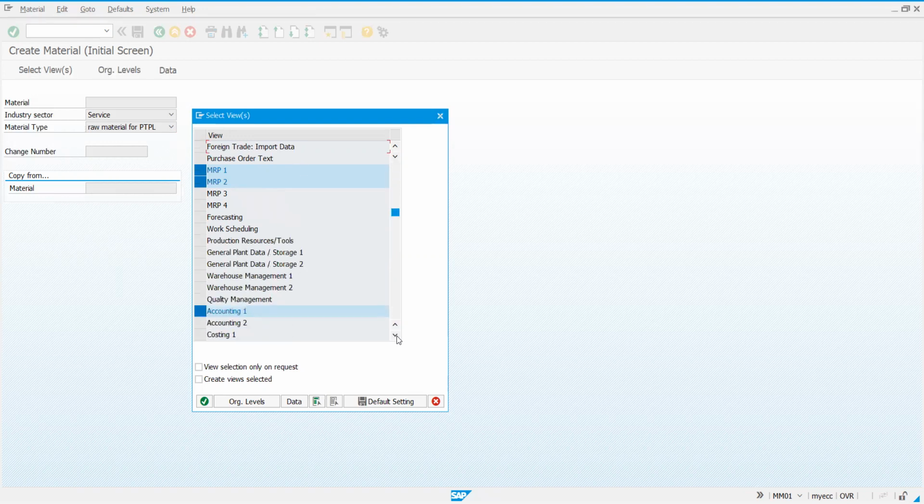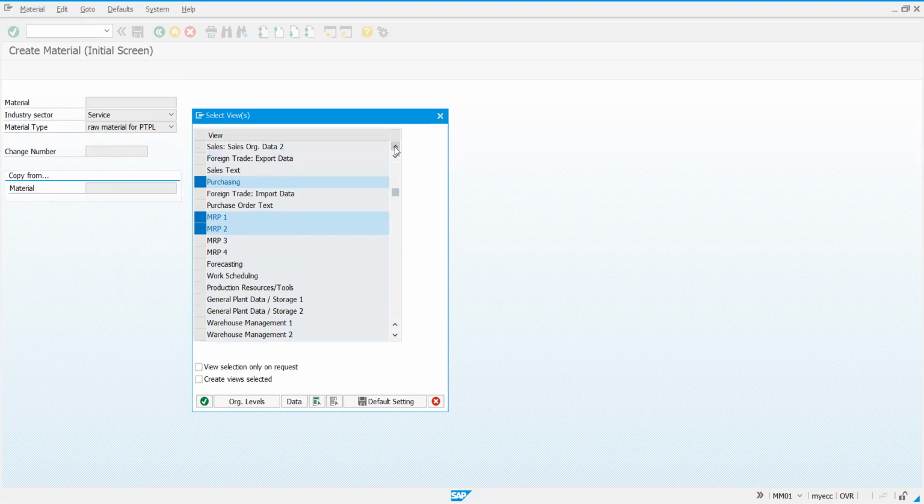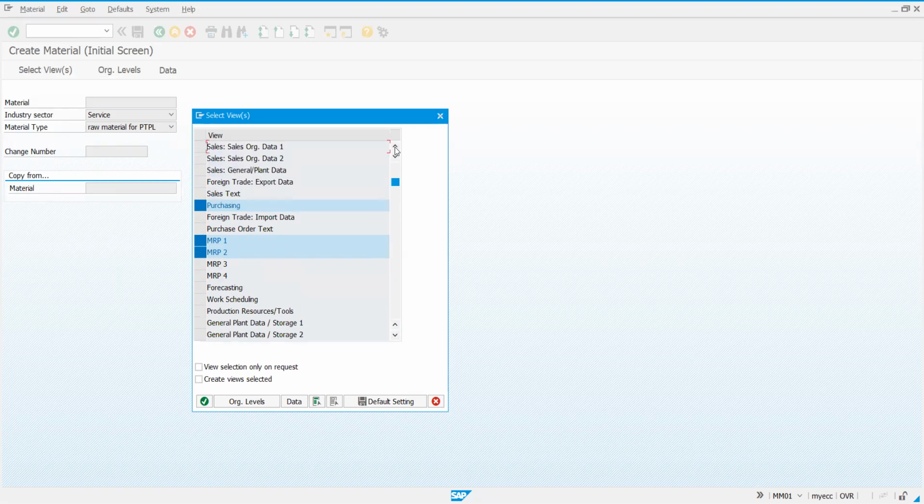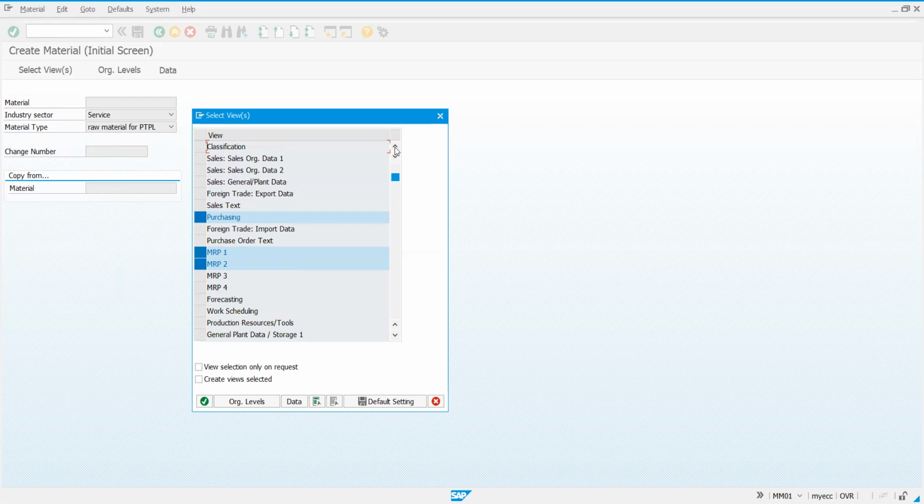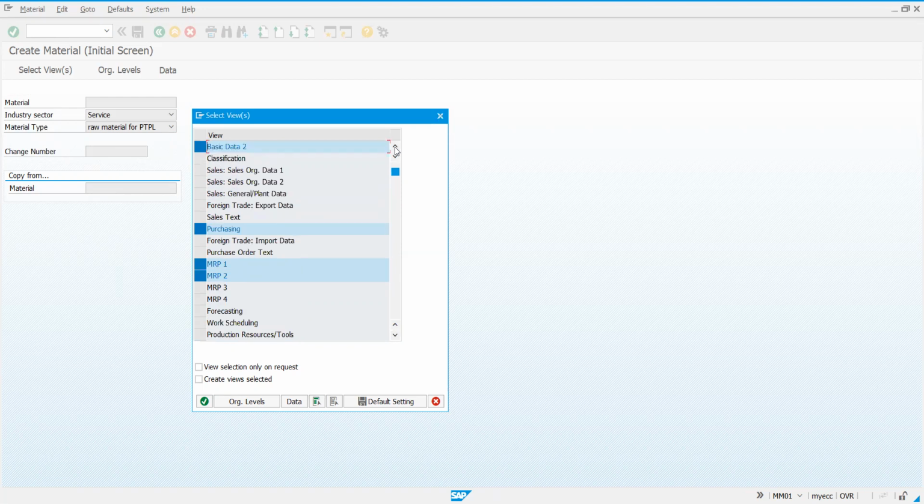WM to take care of this warehouse management 1 and 2, what you are observing there. Work scheduling, forecasting, production, MRP views is by PP, production planning. They will have to work on that. As of now, for us, it is purchasing view, and we are going to make some entries in basic data, of course, that is basic information.